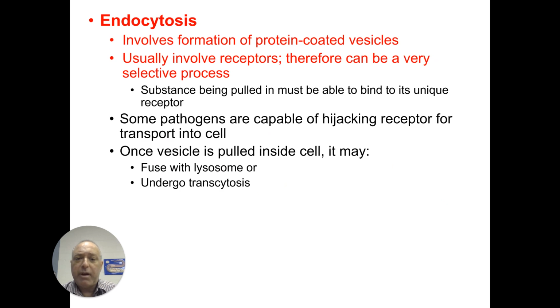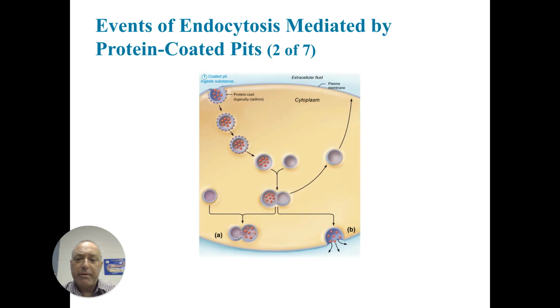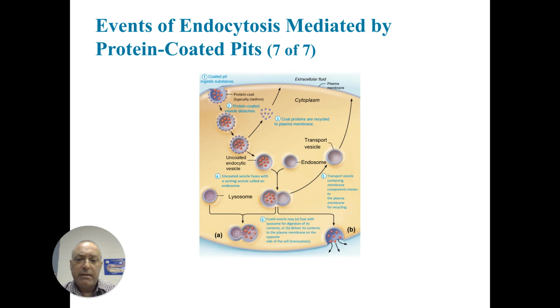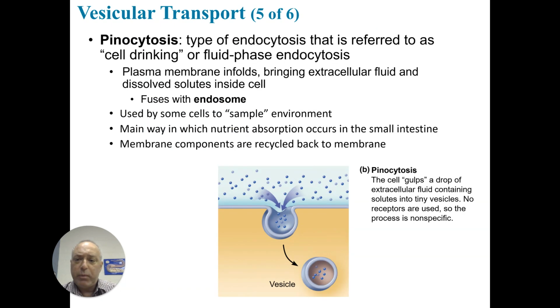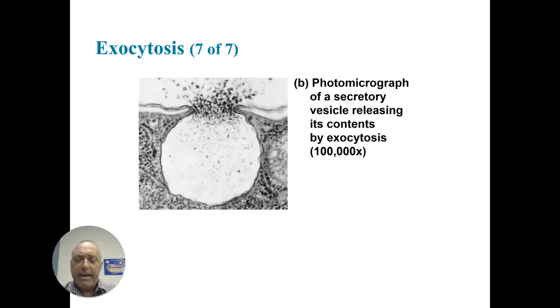So endocytosis involves protein-coated vesicles. There are receptors for that. These are clathrin-coated pits, but they take in what is on the outside. Specifically, if it's a solid they're taking in, then it's referred to as phagocytosis, or cell eating. If it is liquid they're taking in, it's referred to as pinocytosis, or cell drinking. Exocytosis is when you have an efflux, or exiting, of cellular components through these vesicles. These vesicles basically just open up and dump the components out. This could be waste,